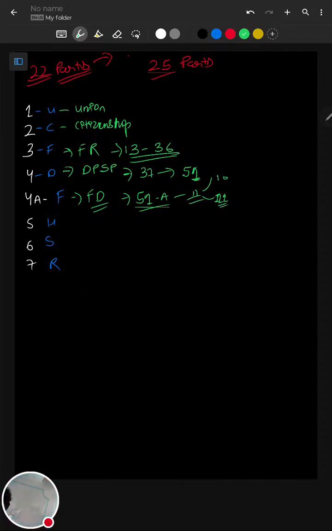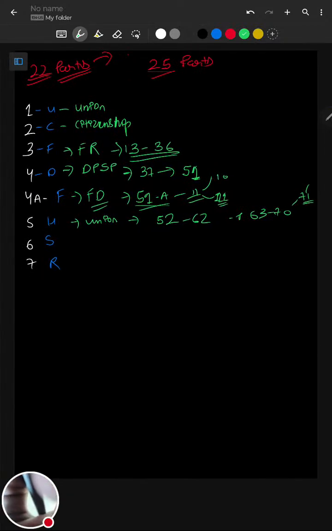then it is for union. Here all the president, vice president, whoever comes in union is comprised. So the president, if I have to give an example, goes from Article 52 to, I think, 62. Yeah, it has 10 articles. Then the vice president goes from 63rd to 70, and 71 is if some problem is there in the election, then the Supreme Court would be the deciding judge over that.